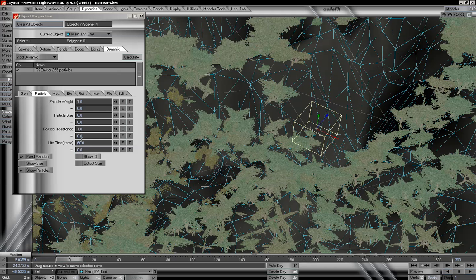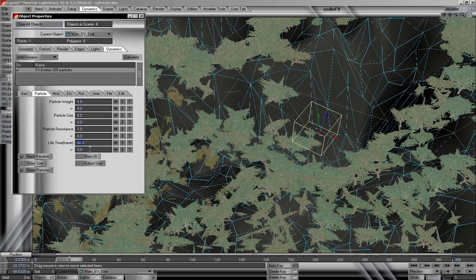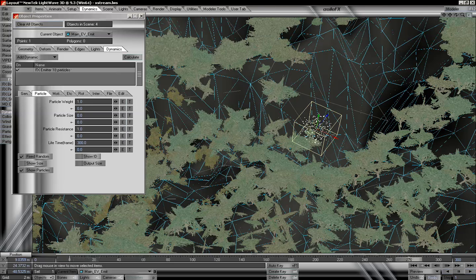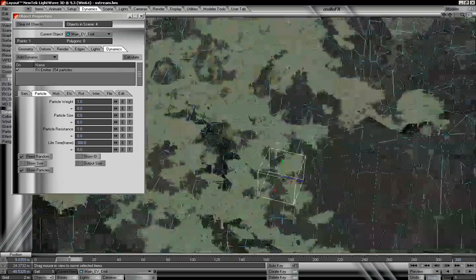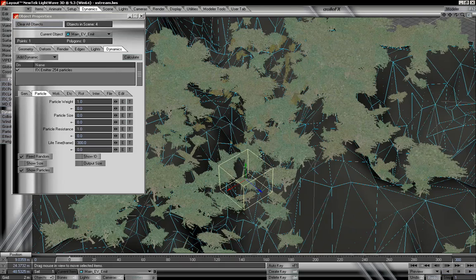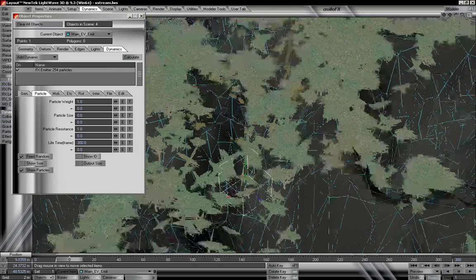And if we go to lifetime under particle for our emitter, we also need to make sure that these particles are lasting long enough to complete the scene. So we'll increase that to 300 as well. And now you can see all of those particles being emitted. But since we don't really have any forces on these particles at all, they're just going to be created in that box. We want them to start flowing towards that specific area through our valley,